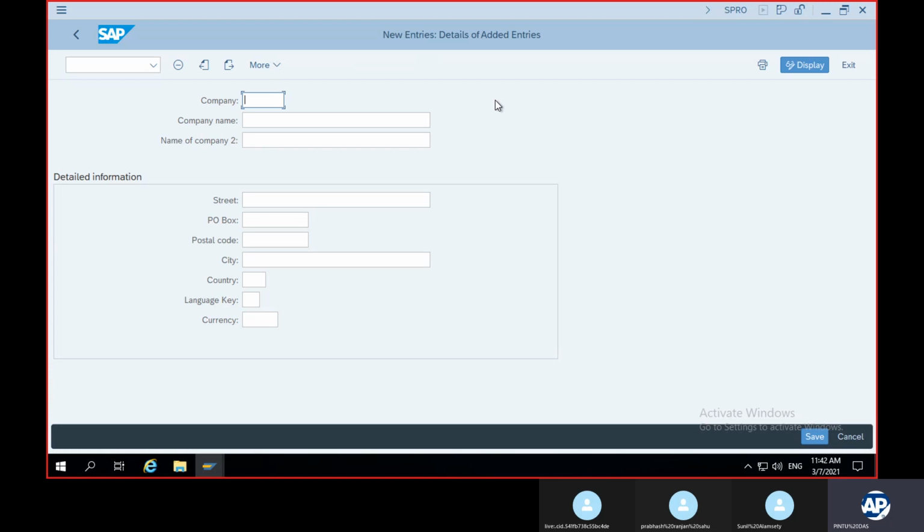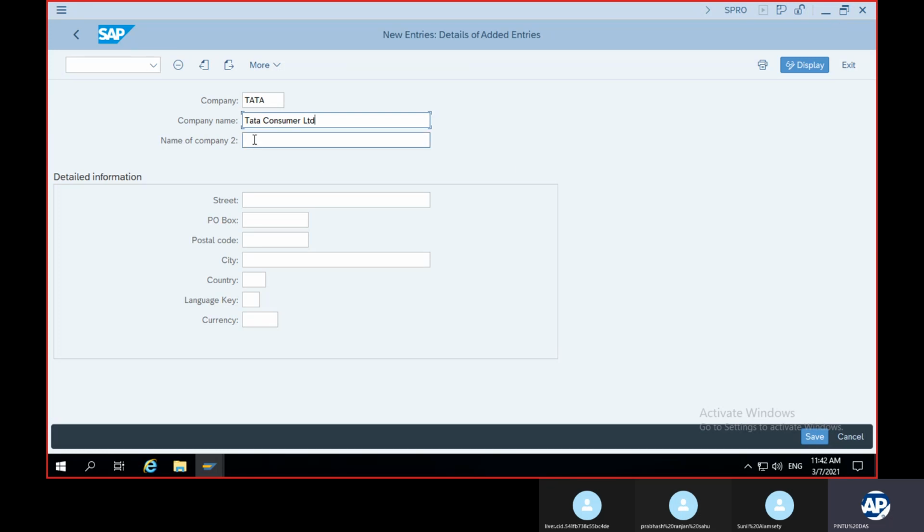So let us take a company called Tata. Let us take Tata Consumer Limited.